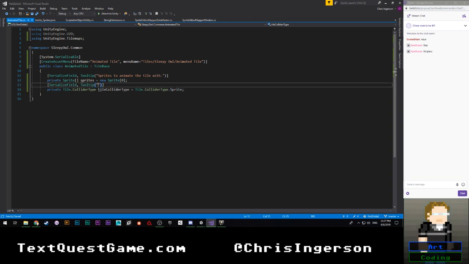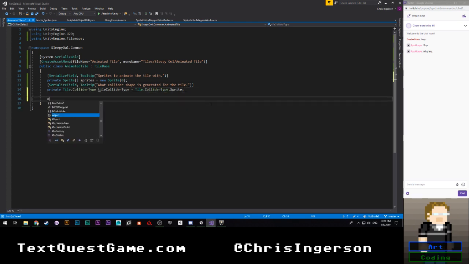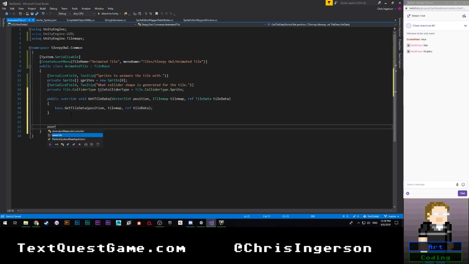So Sprite, what collider shape is generated for the tile? Yep. All right. So from there, we're going to need to say override GetTileData,